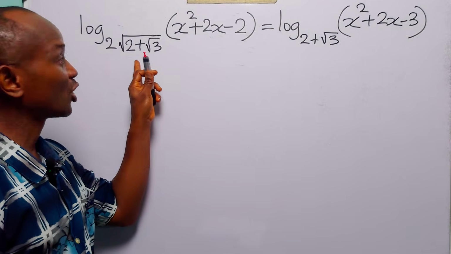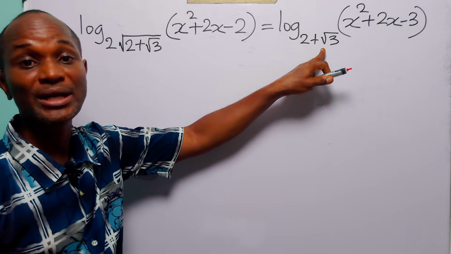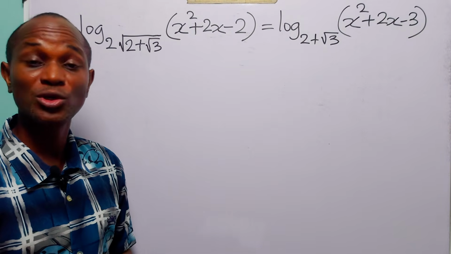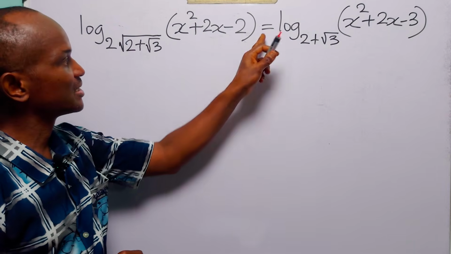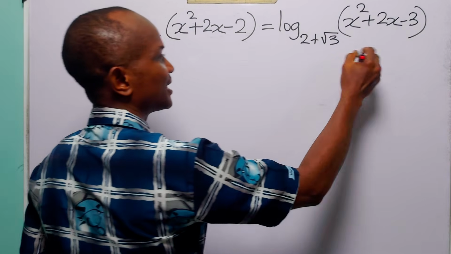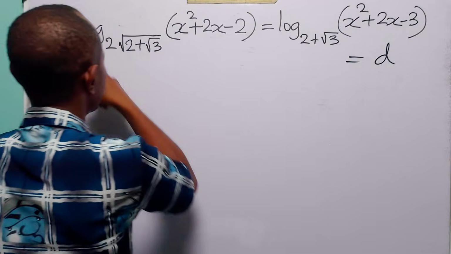Now, since the base of the logarithm on the left-hand side is totally unrelated to the base of the logarithm on the right-hand side, applying the change of base formula to this problem will not help at all. Instead, since this logarithm is equal to this logarithm, let both of them be equal to a constant d. Now, this simply means that